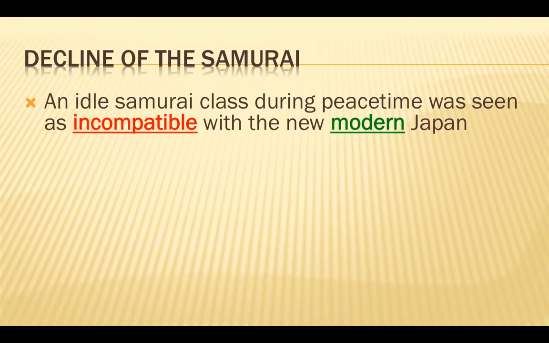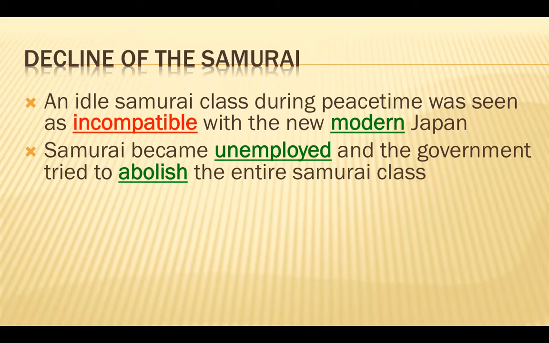So another thing here, the idolized samurai class was seen as not necessary with this new modern Japan. They became unemployed, and the government tried to abolish the entire samurai class, the entire group of people. This is what these guys had known. This whole class of society had known being samurai, so they couldn't just go out and be whatever else they